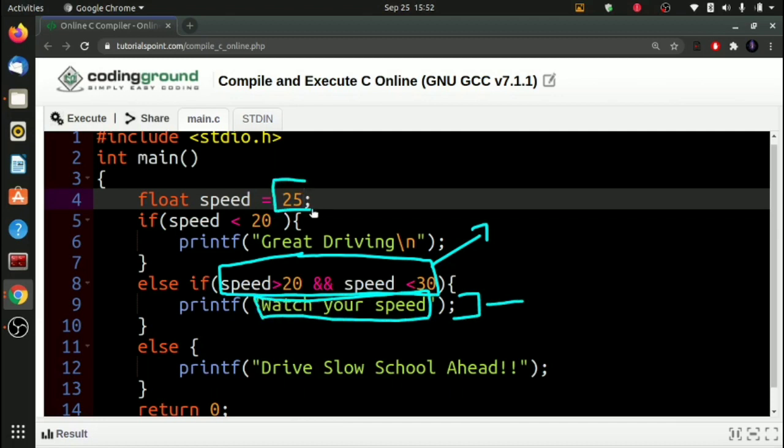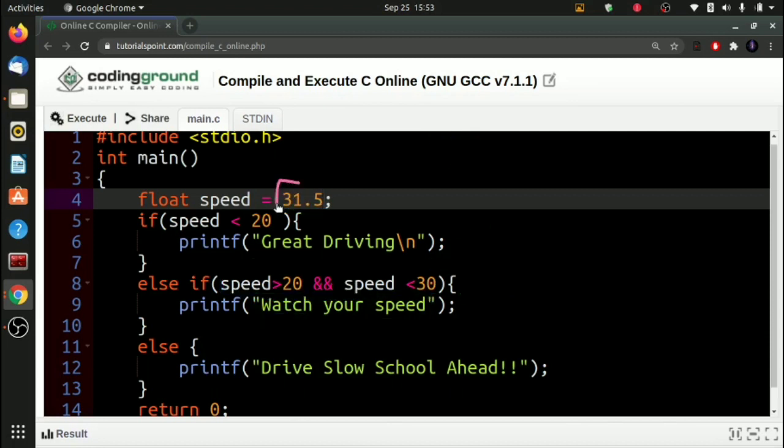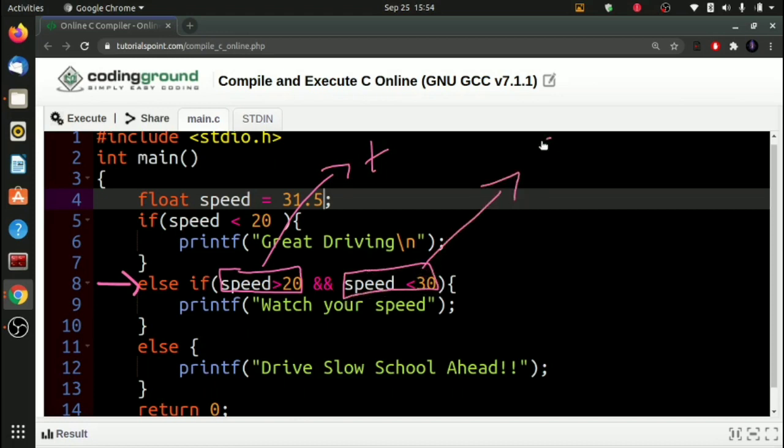Now what will happen if I change the speed to greater than 30 value? Now once I change the value of speed to 31.5, the condition in the if block will evaluate to false, and because of which the control shifts to our else if block. Now in this else if block, this first expression evaluates to true. However, this second expression evaluates to false,